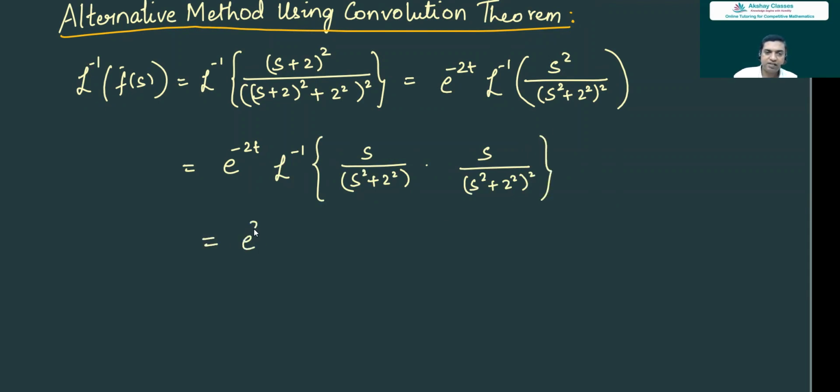Now this is convolution of two same functions. This is cos 2t. This is convolution of Laplace transform of cos 2t. This is f bar s, and